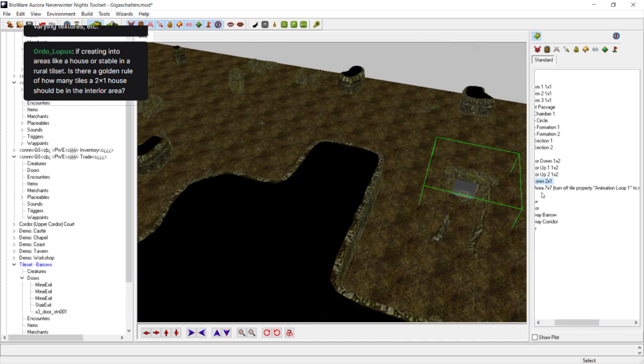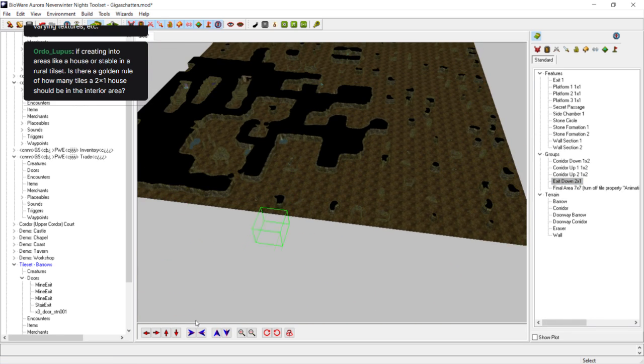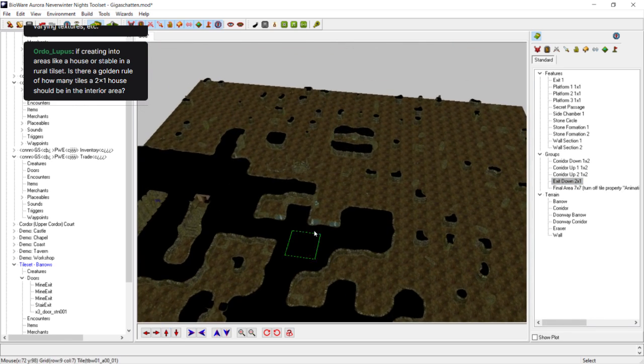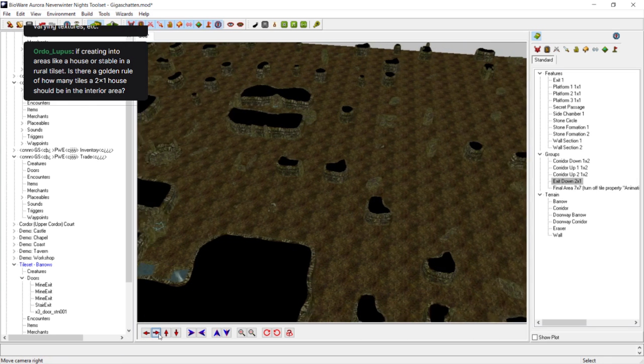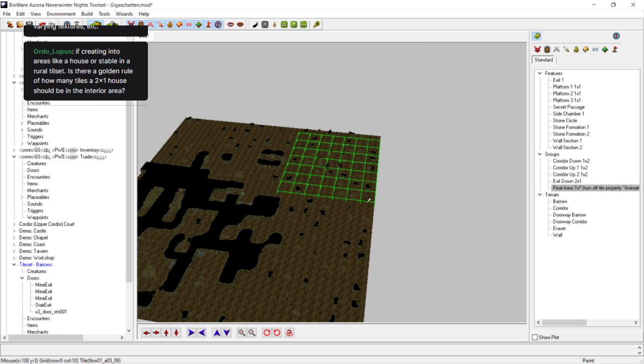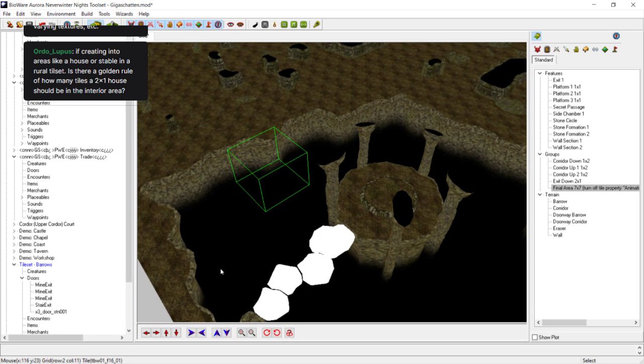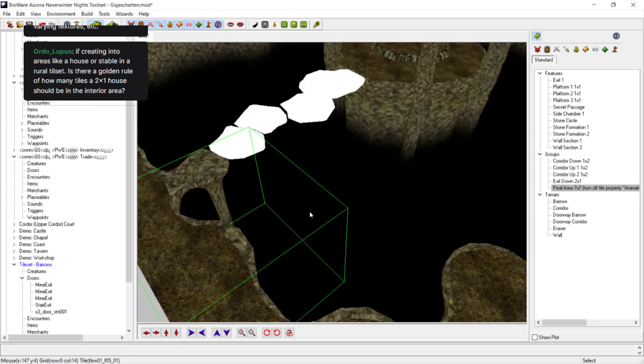So you can see there's not much in this tile set to work with. So let's have a look at the final area, because the final area does something kind of weird. This isn't normal for these tile sets. So here we have a huge area. Okay, so why does it look like this? Well,